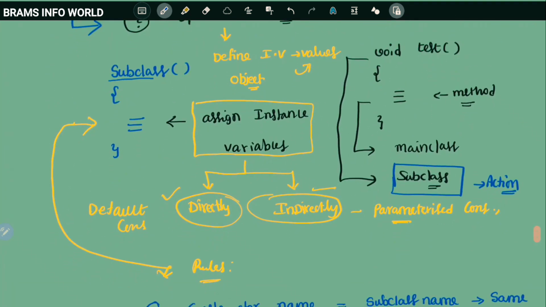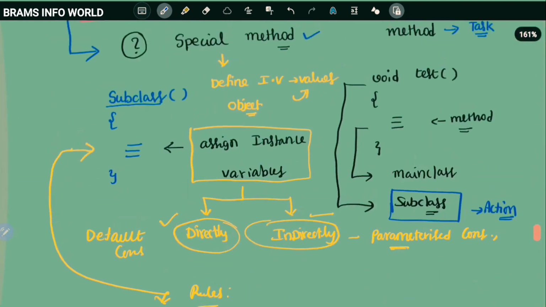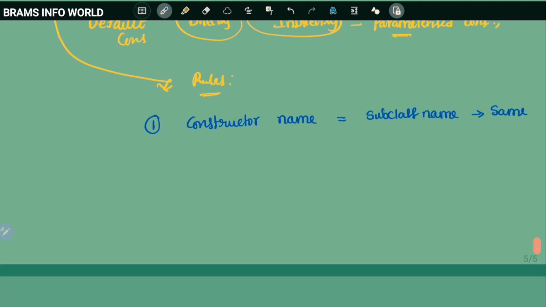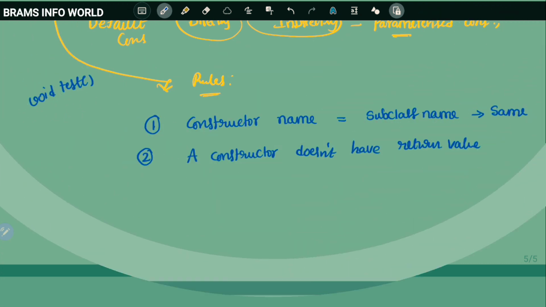Whatever subclass we have, the same subclass name identified with parentheses is called a constructor. And the second one is a constructor does not have a return value. A method we define like this, void test.